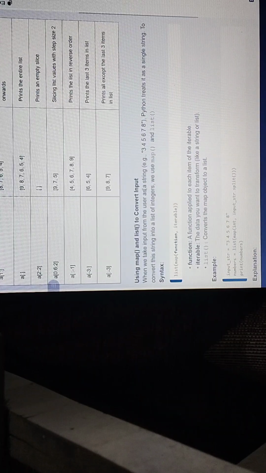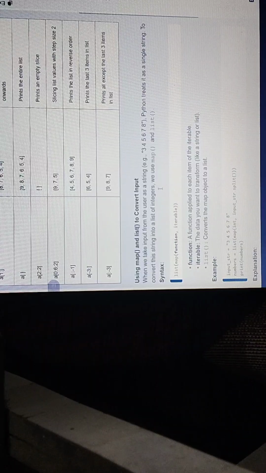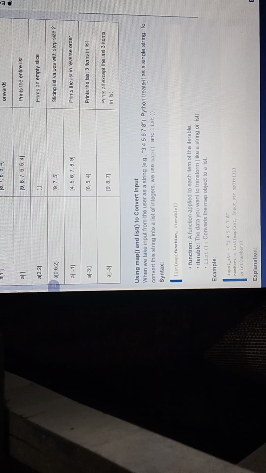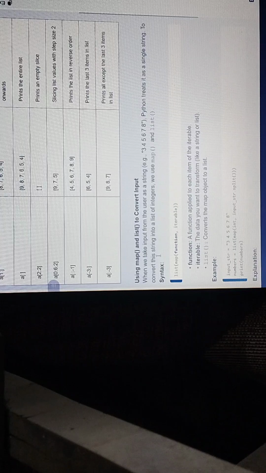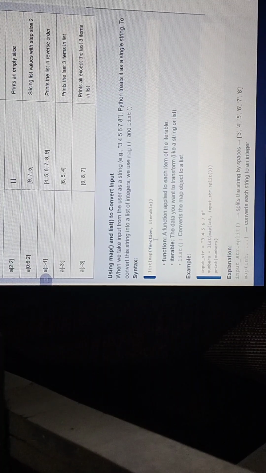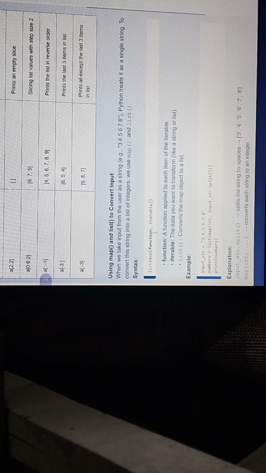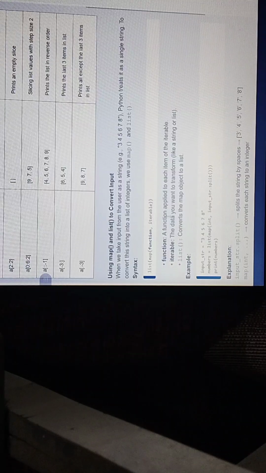Using map and list to convert input: we can take input from the user as a string. Python treats it as a single string. To convert this string into a list of integers, we use the map and list functions. The syntax is list(map(function, iterable)). The function is applied to each item of the iterable. The iterable is the data you want to transform, like a string or list. List converts the map object to a list. Example: